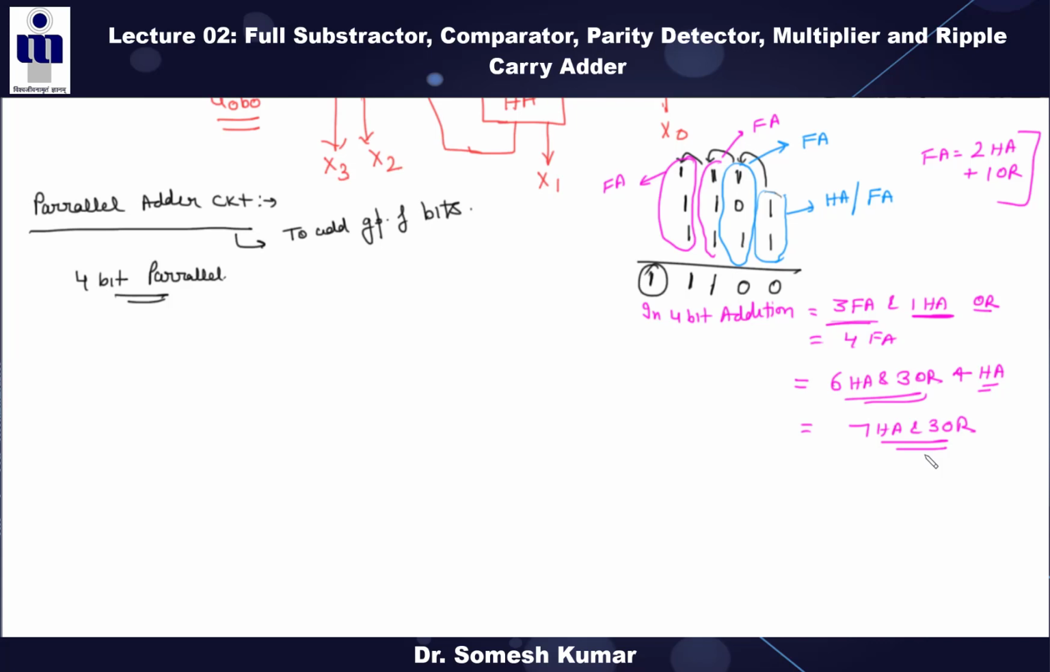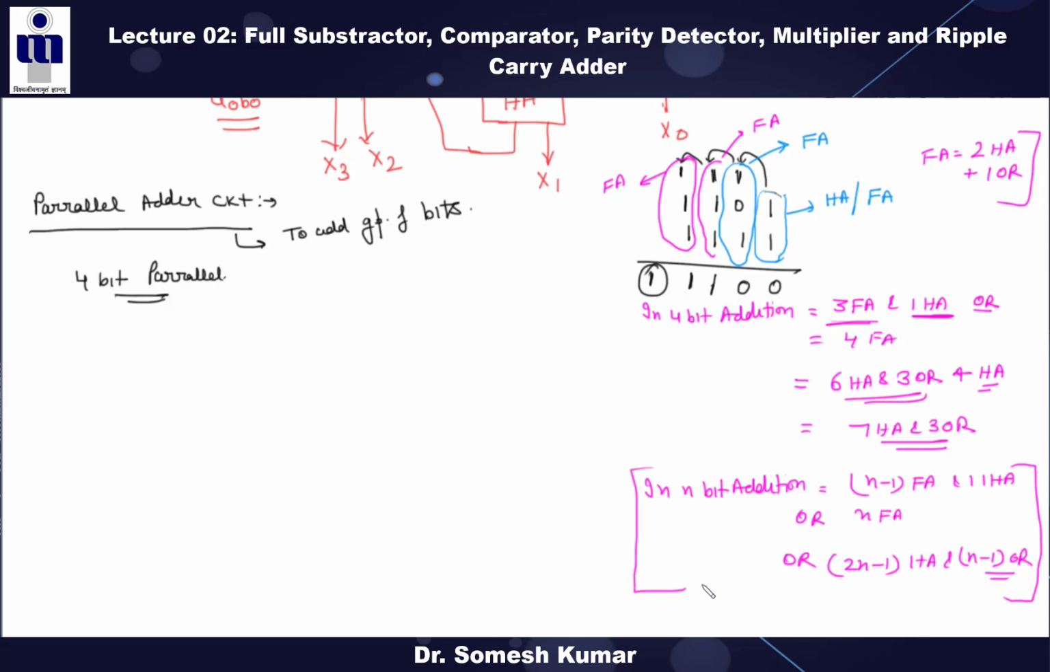Now I want to generalize this for n-bit addition. In n-bit addition, how many full adders are used? N minus 1 full adders and 1 half adder, right? Or total n full adders, or 2n minus 1 half adders and n minus 1 OR gates. These are the generalized results, and these questions can be asked in your exam,